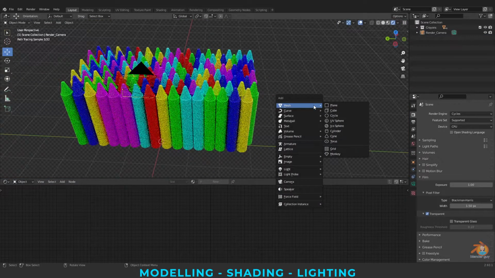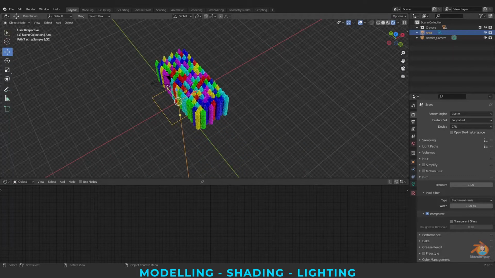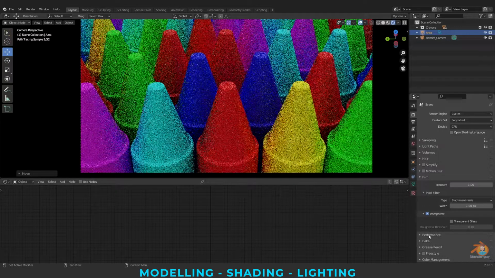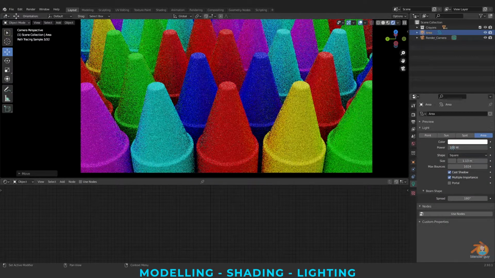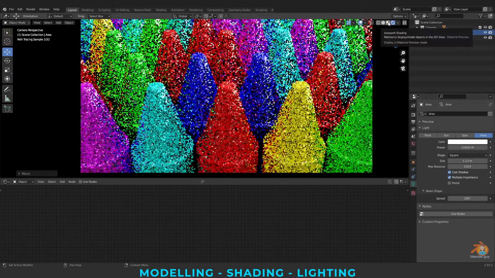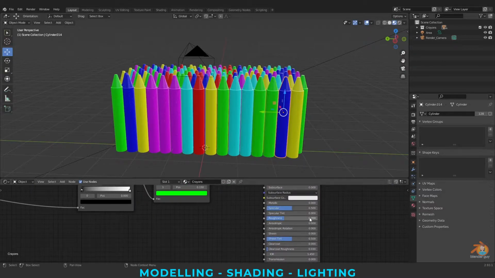I'm creating a light, area light. Going to light properties and increasing the strength. Also increasing the roughness.